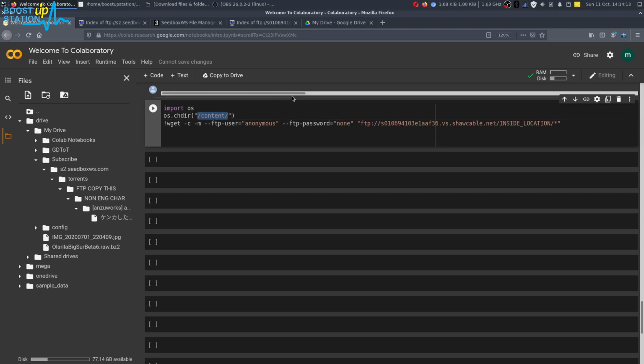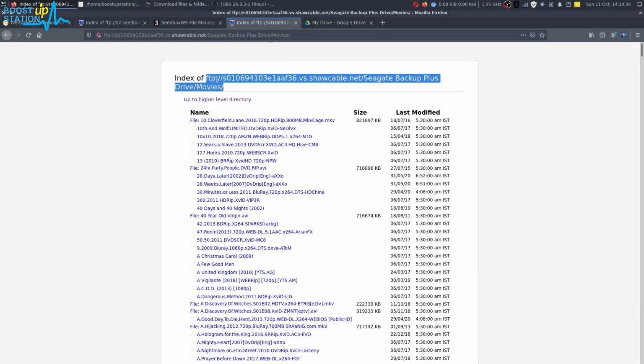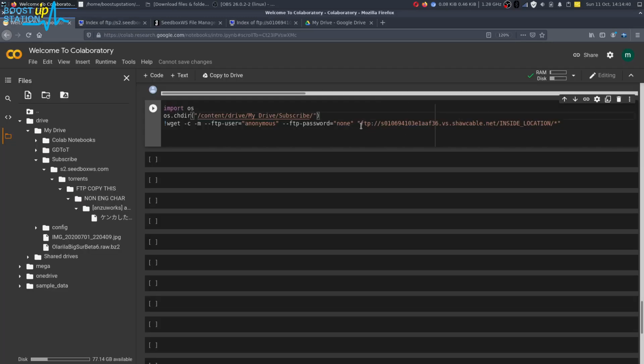Here you just paste the location of the subscribe folder: copy path, paste it, and add a slash. Now copy the location from the public FTP and paste it right here, and make sure you put a slash and the star. Let's start it.